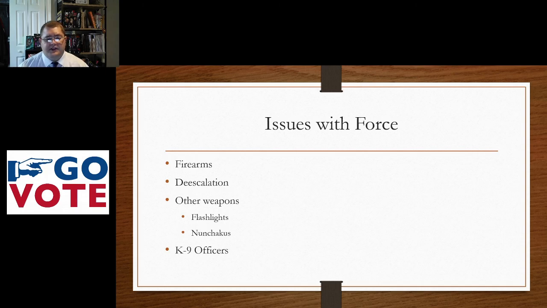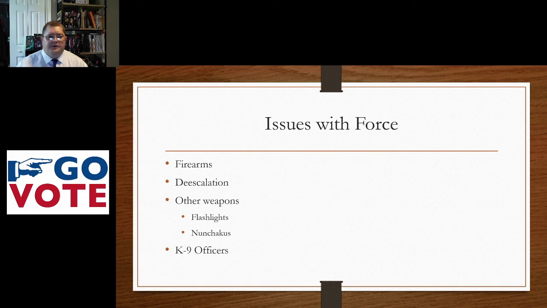We've also seen issues associated with specific implementation of weapons, like using flashlights as opposed to batons. I don't know for sure, but it seems like that started with a department making people write reports if they used the batons, but not if they used the flashlights, and so they started using the flashlights. Most places either have formal policies saying that flashlights are not to be used as weapons, or that they're only supposed to be used as backup. So that's a strange one.